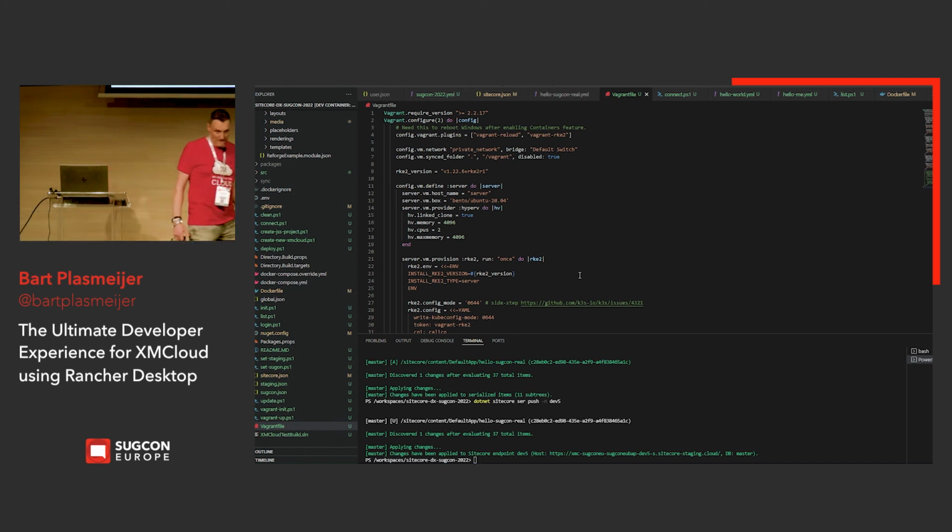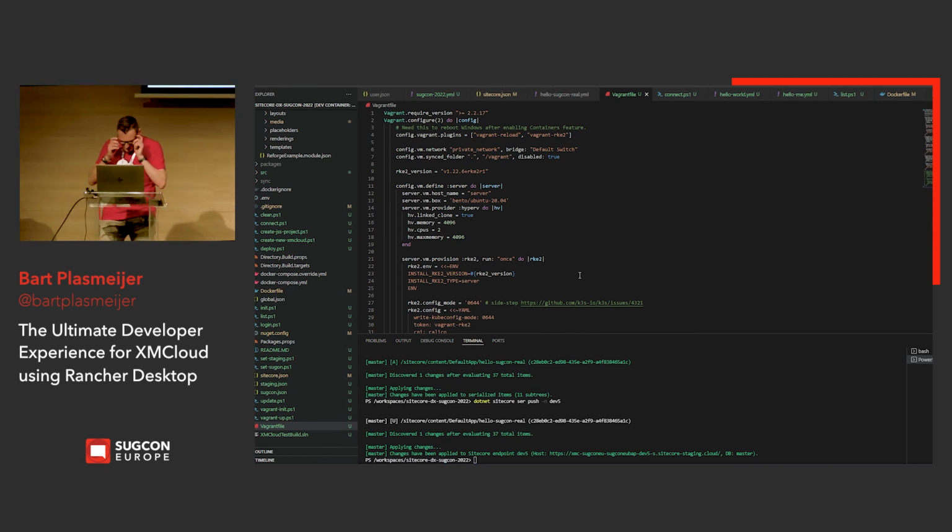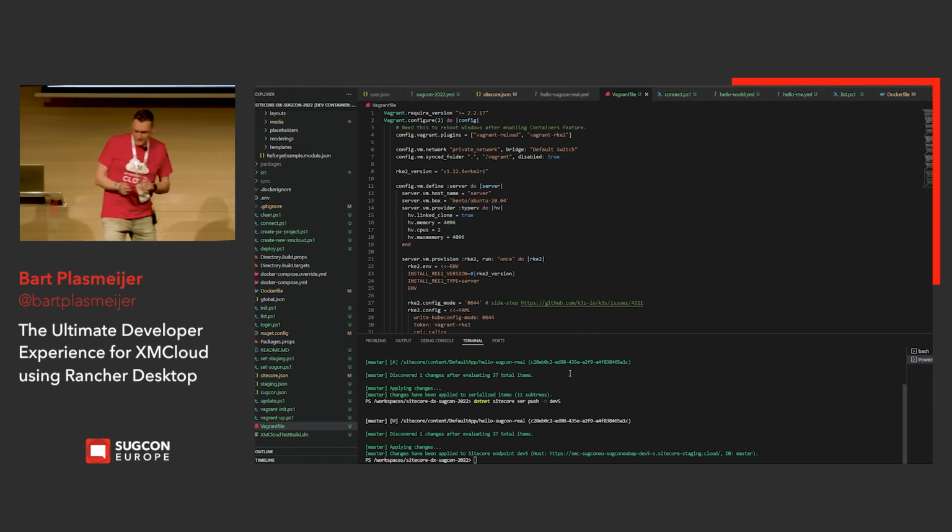Do you ever build the base image locally for XM Cloud? Yes, I think so. Do I have that one? I think I wiped it. No, I don't have it now. No. But that's just, if you